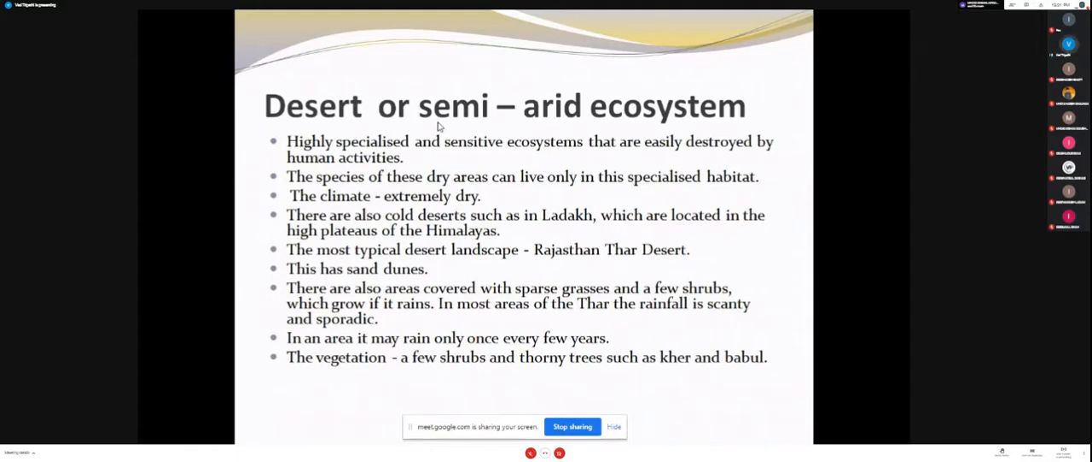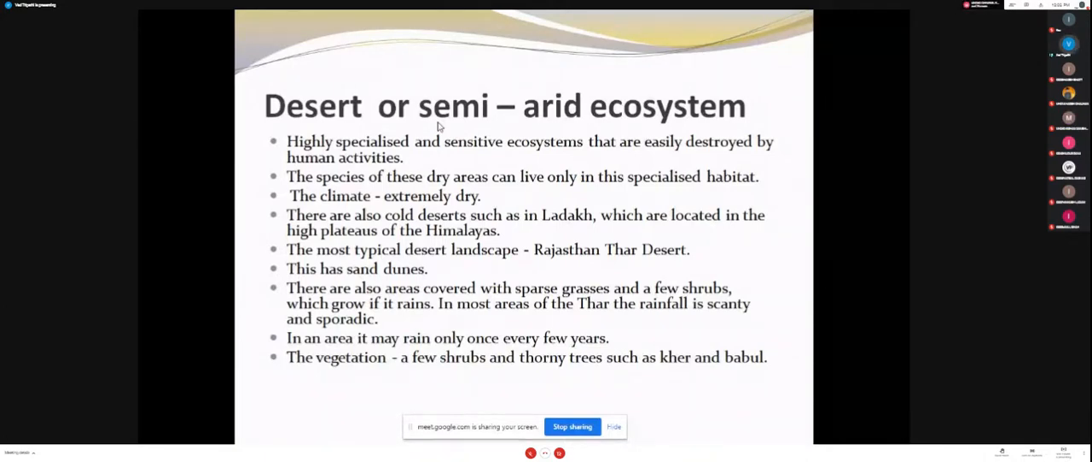And sand dunes are characteristic of the deserts. So there are also areas which are covered with sparse grasses, that is grasses not in very high density, not very close to each other. So somewhere here or there is grass or a few shrubs, small plants which grow if it rains. So if it rains, then some of the grasses and shrubs are able to grow even in these semi-arid